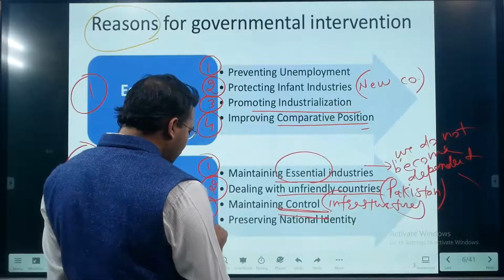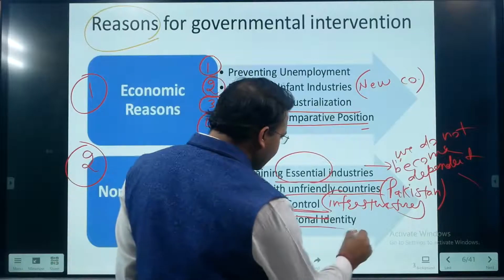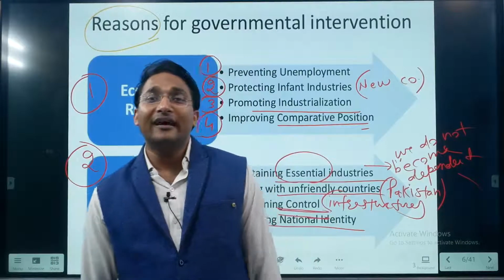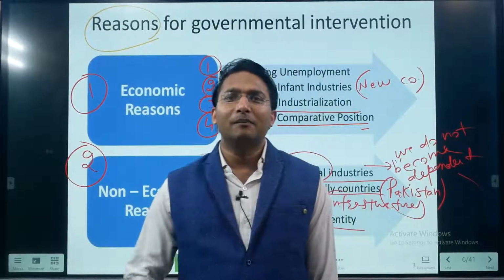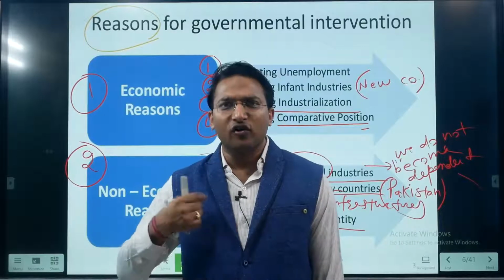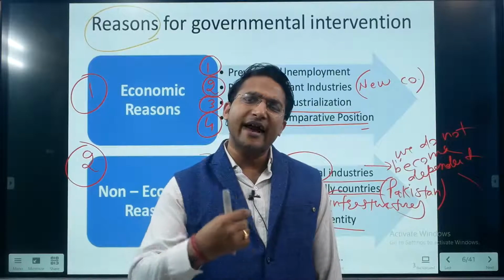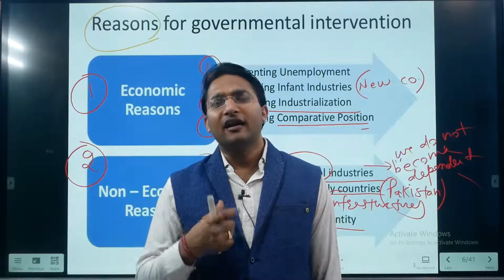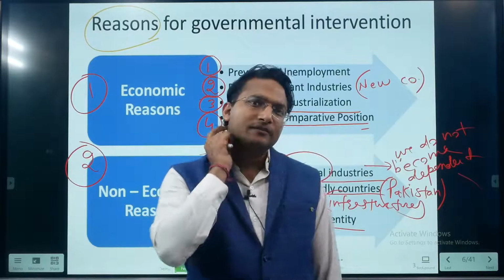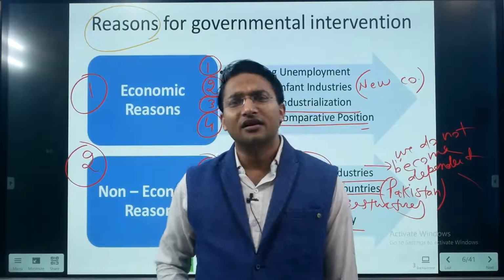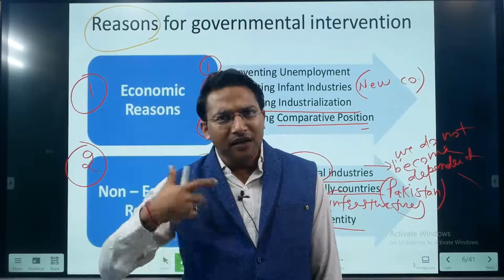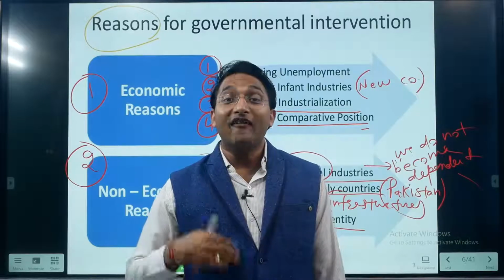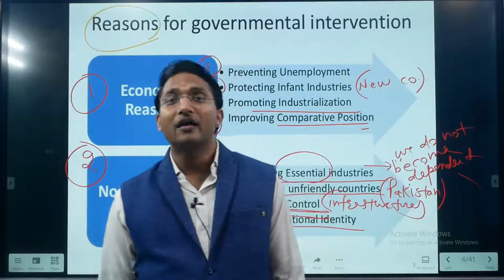Preserving national identity. So there are certain industries which promote our national identity. So for example, the agriculture sector. So in India we have the basmati rice, we have different kinds of fruits, vegetables and other food grain items. If we try to promote them and we restrict the import of other countries' products, then only our identity can be enhanced. So we will try to export our products to the outside world so that our products can become famous in the world scenario.